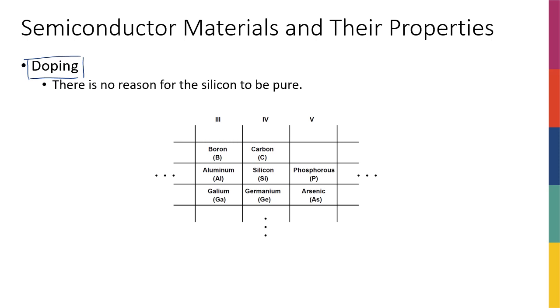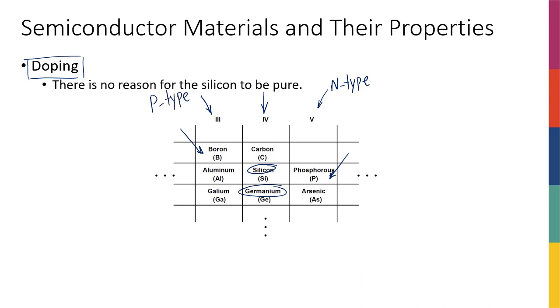And then how do we do it, and what material are we going to use? Well, if the base of our crystal is a group 4 material like silicon or germanium, we could dope with a group 5 material such as phosphorus. This is the most popular one. Or we could do it with a group 3 material such as boron, right? And we're going to see why these two types. If you inject group 5 material, we're going to call it N-type semiconductor. And if we do it with group 3, we're going to call it P-type,